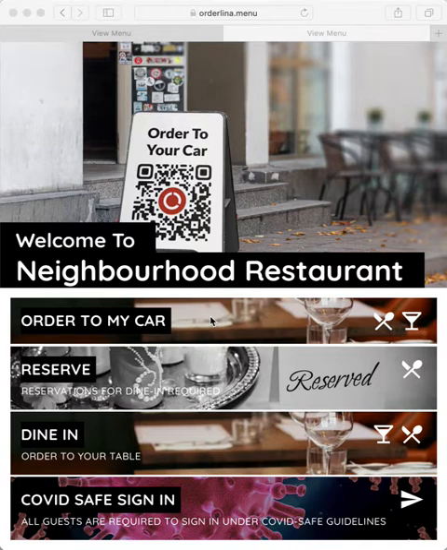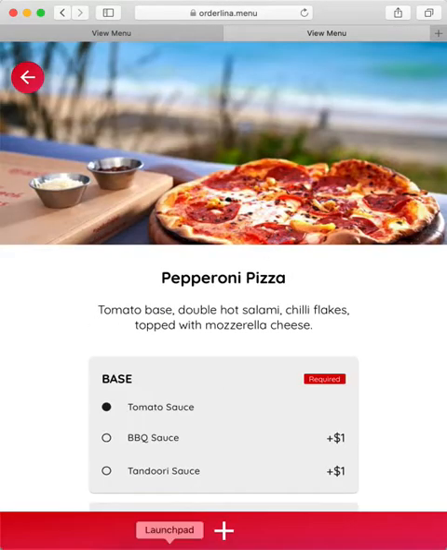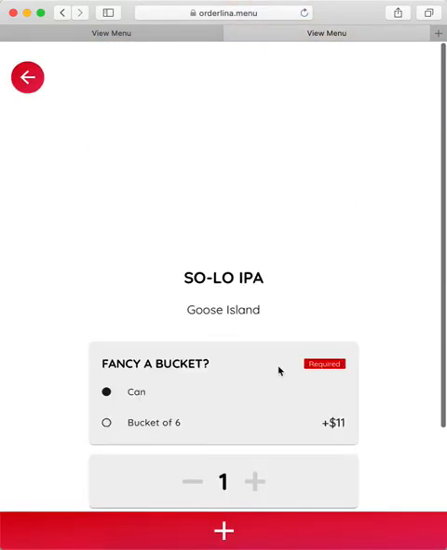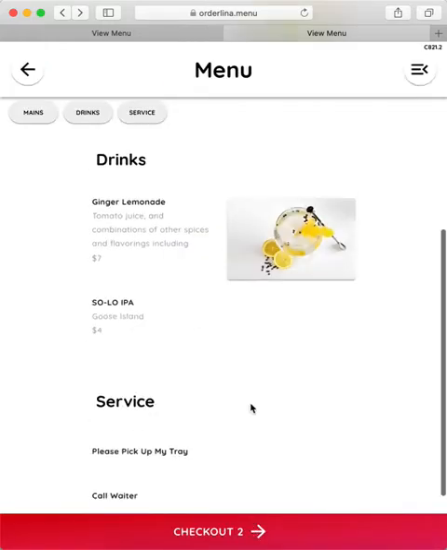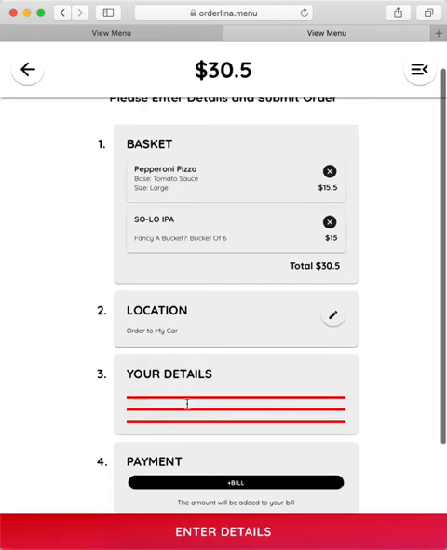So obviously the guest opens the window of the car, points their phone even from 2 meters away at the QR code, and boom, this lovely menu comes up, and they can just start by selecting the order to my car. They can choose this amazing pizza that they want and even get some drinks. Maybe let's go to a bucket because I'm sure our friends at home are a little bit thirsty. And then we are just going to go to